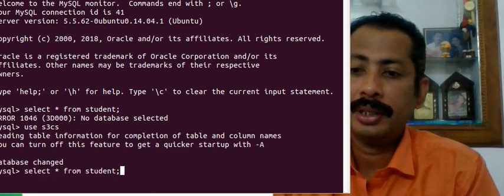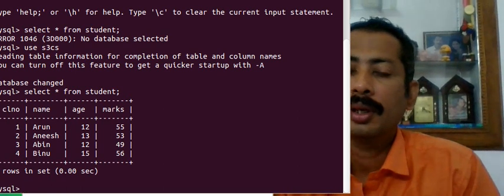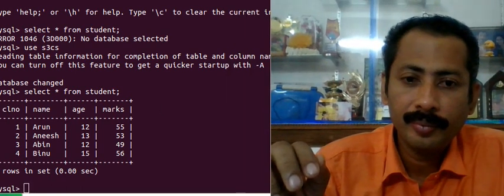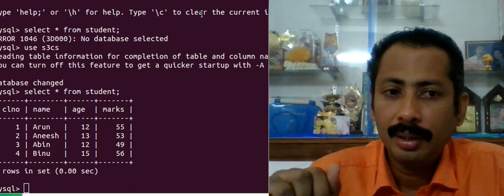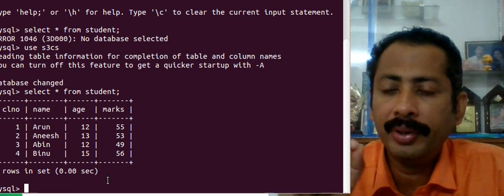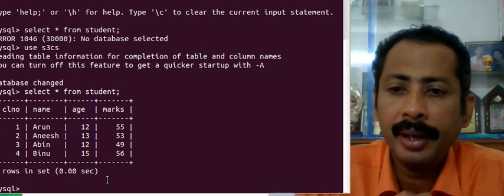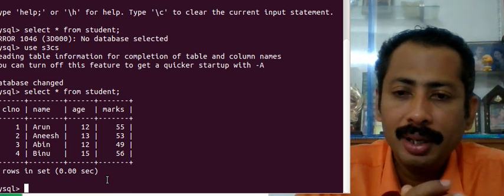Okay, then select star from student. So this is the set of data we are using. That is, a table contains class number, name, age and marks.